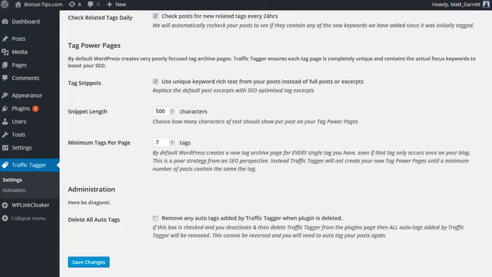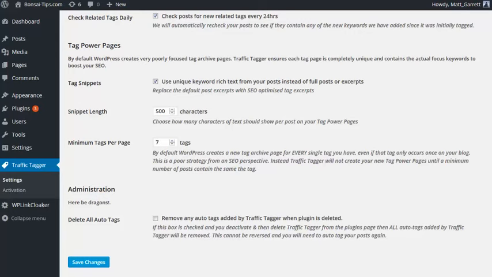These content-rich tag power pages will get indexed by Google for all sorts of long-tail keywords, so they'll start bringing you free traffic that is hands-free. You're not having to do any work for it. They're just getting indexed for all the long-tail keywords that you haven't thought of that your blog has available. Google will like the content. You're getting the extra internal links which will boost the rankings of your posts themselves,